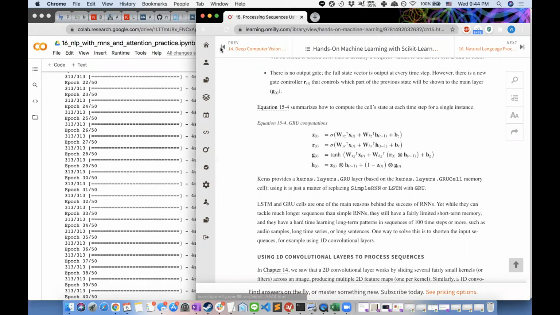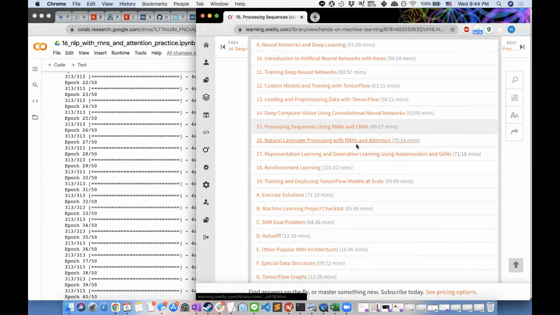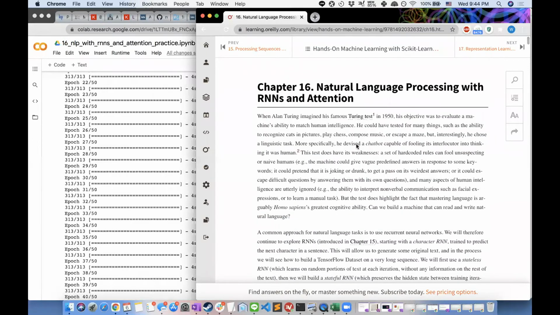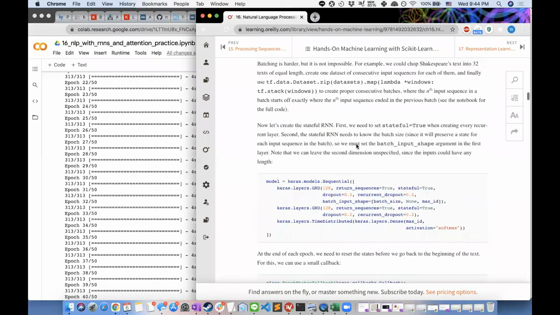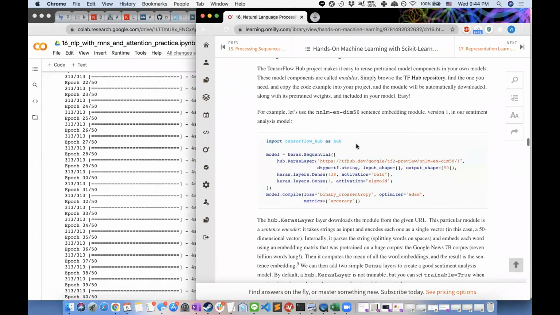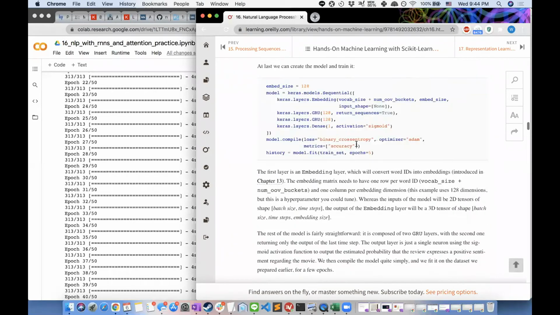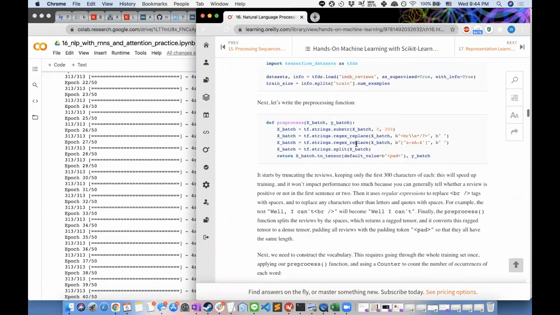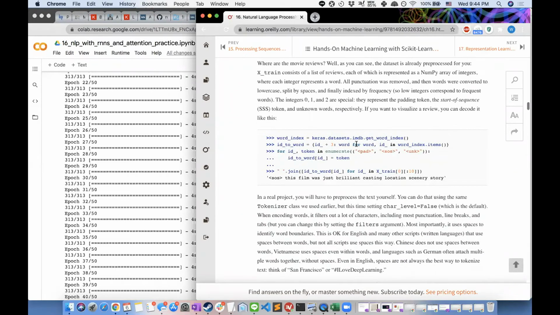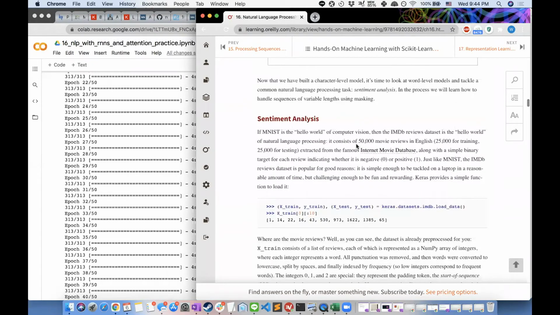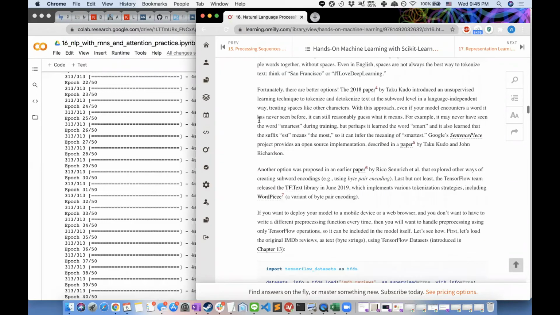So why don't we get started? We are in chapter 16, and I believe we did not talk about sentiment analysis, and that's what we're going to start with. But first of all, of course, we've got to start reading. For those of you who have not finished sentiment analysis, please still continue through that. But we want to read from sentiment analysis to